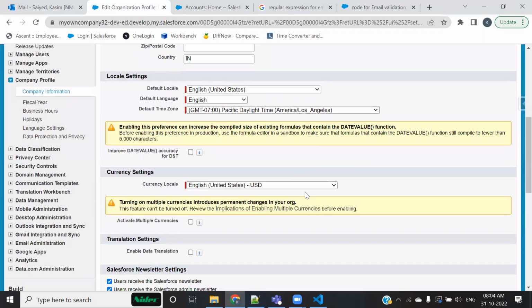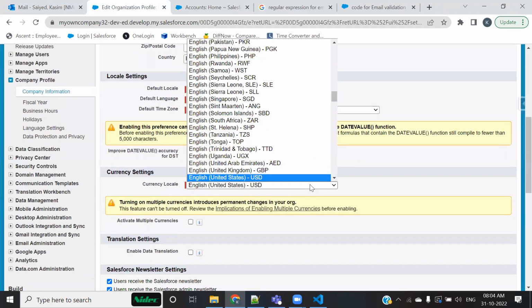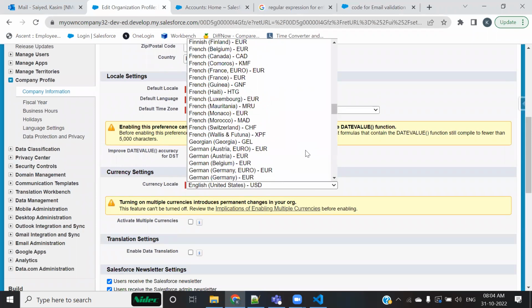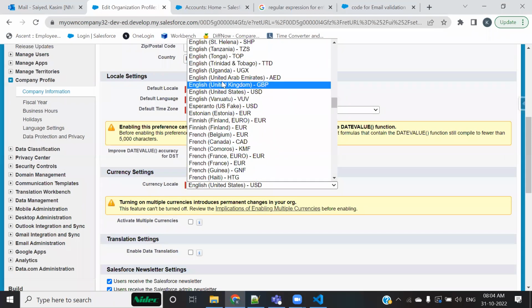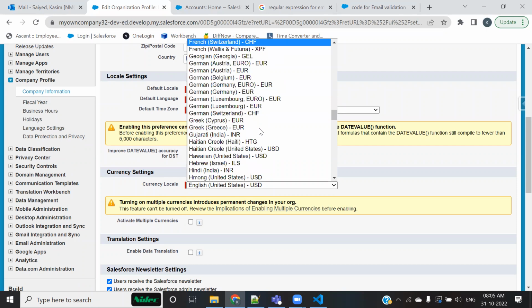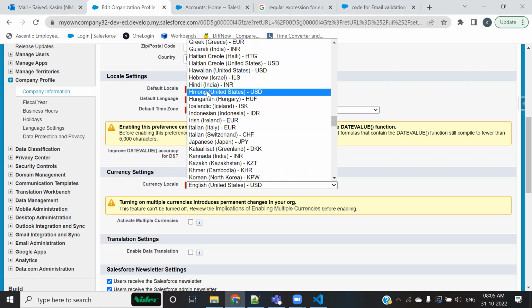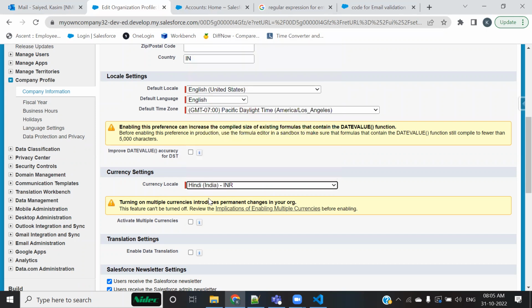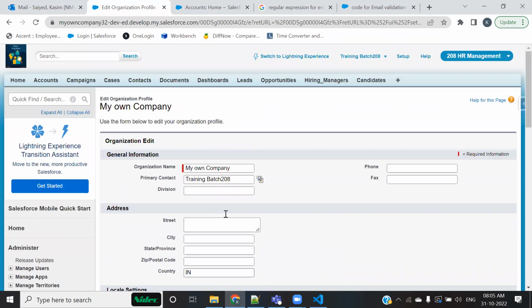And for example, if all of the users are from India, or other countries, like Finland, or Uganda, then those in Finland must see euros. If they are from Canada, they must see their own currency. So you can select the currency. This is called local currency selection. Let me try it with Hindi, India, INR. Now see, if I make this change and save it,